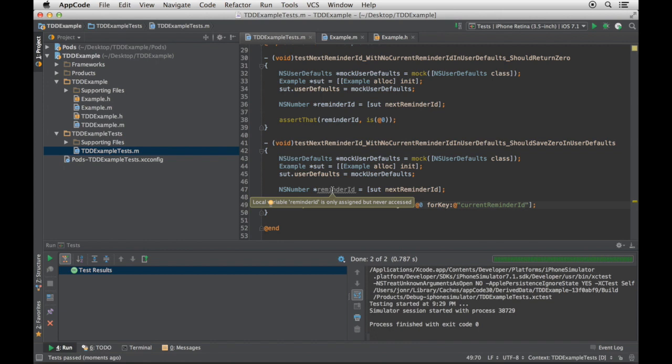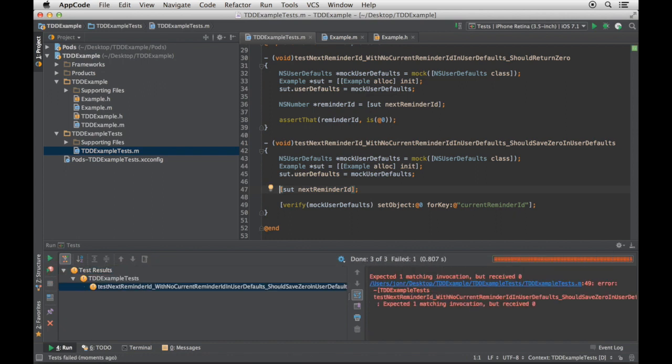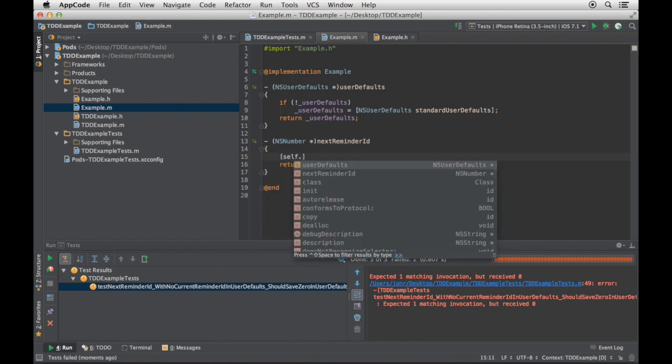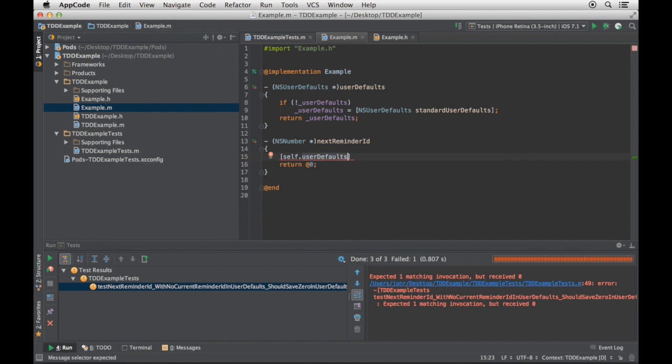Notice the squiggly here, which is AppCode alerting me that I've got an unused variable. So I'll just get rid of that sucker. Control R. And it fails. Let's come back here. Show off my new use of dot notation.